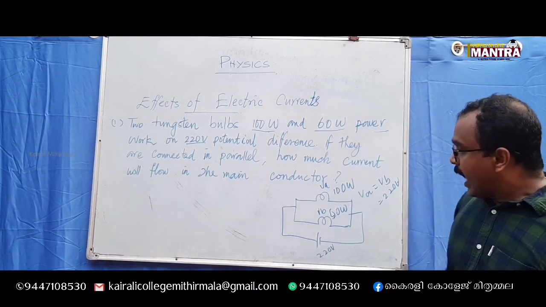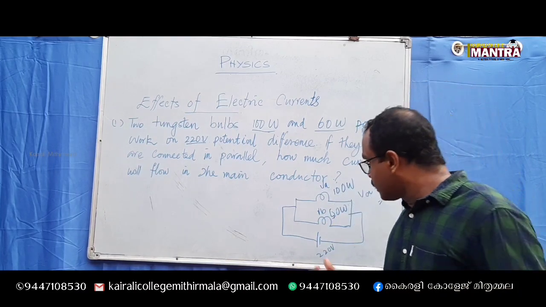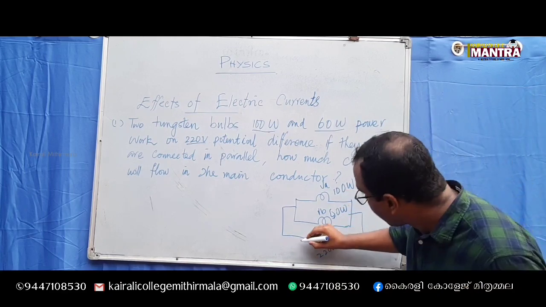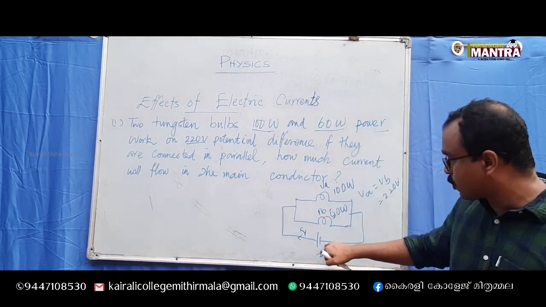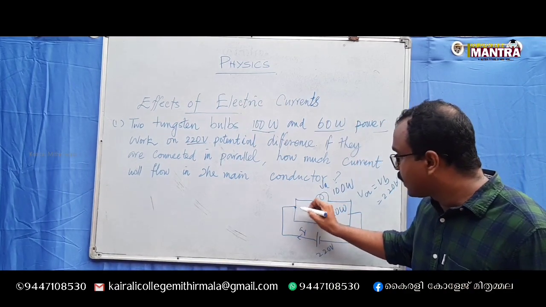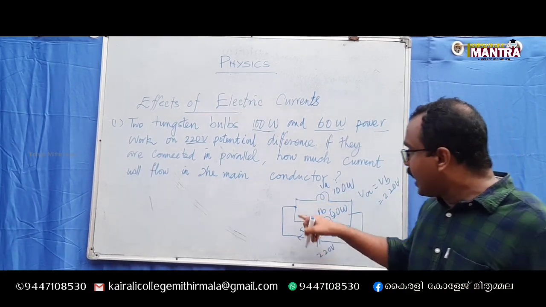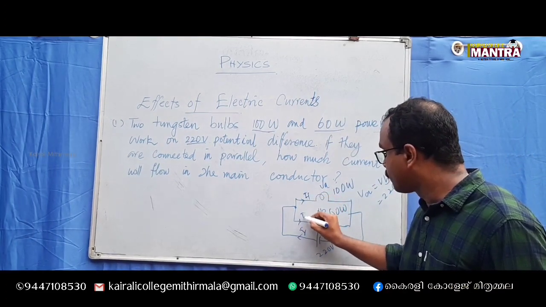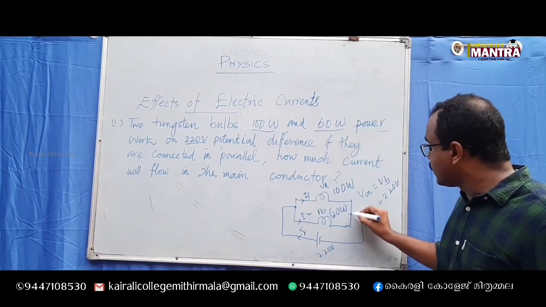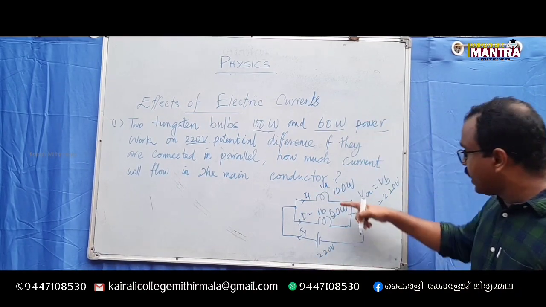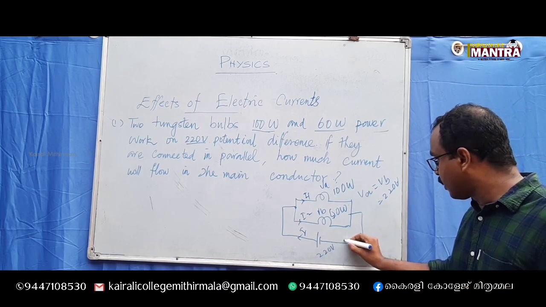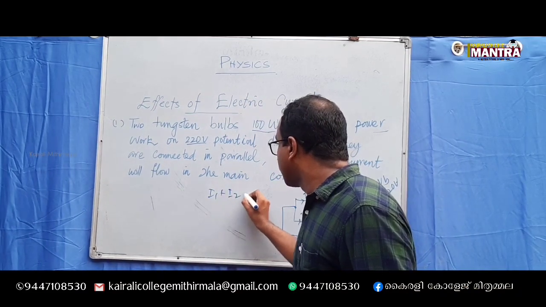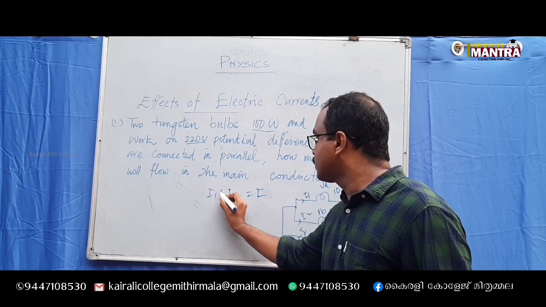And you know that the current through a parallel circuit will always be different and depends on the value of resistance. Here we have a current I generated from this voltage source, and at this point the current I is divided among these branches as I1 and I2. And again at this point, the currents I1 and I2 recombine, and finally form I. So we have I equal to I1 plus I2.